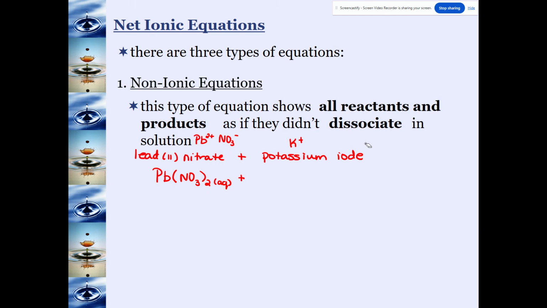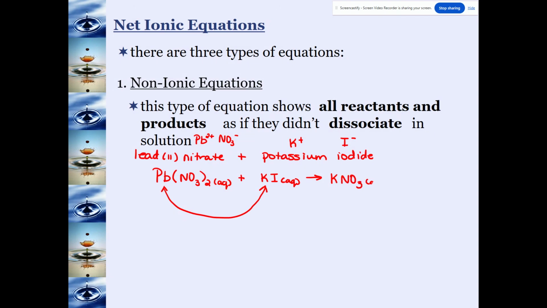This was iodide. I didn't finish my sentence. Potassium iodide. So that's potassium, K plus, and I minus. Those charges balance, so I only need 1 potassium with 1 iodide, and that is my second reactant. Now, in a double replacement reaction, the metals switch. So my potassium will go with the nitrate,